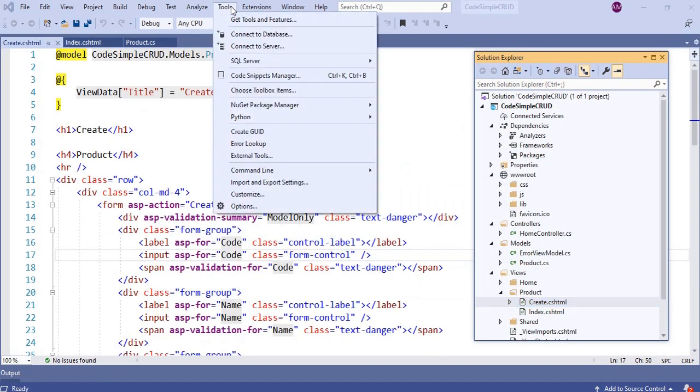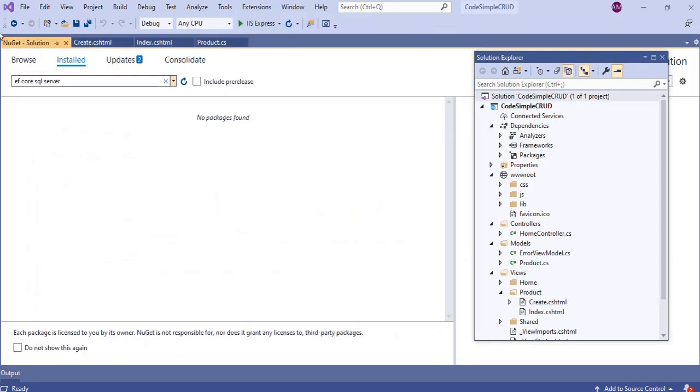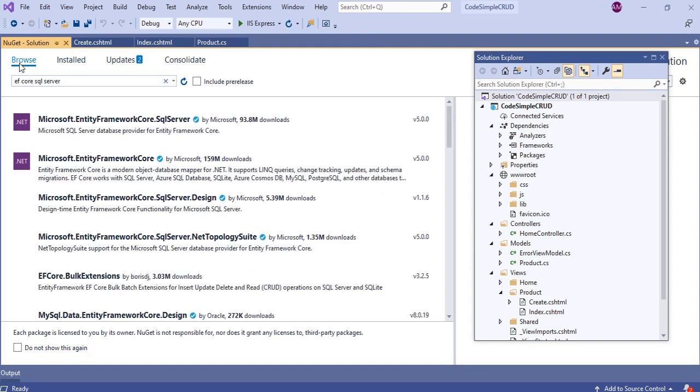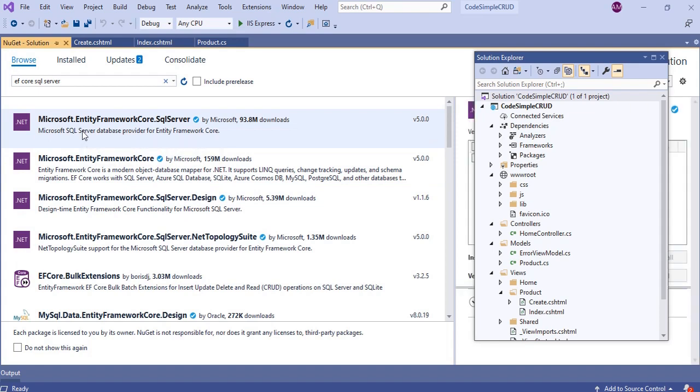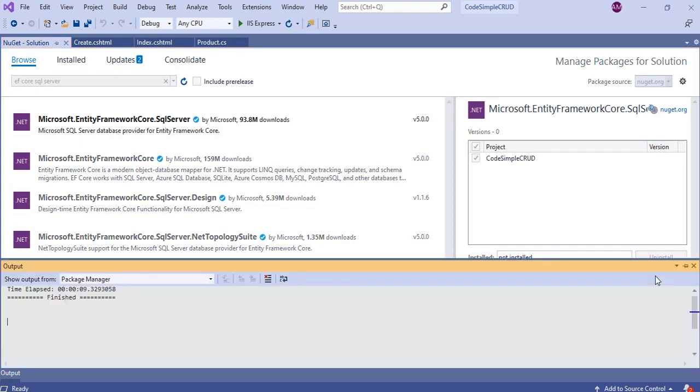Now we need to install the Entity Framework Core for SQL Server. So go to NuGet Package Manager, click Manage NuGet Packages for Solution. Enter EF Core SQL Server in the search box and click Browse. Select Microsoft.EntityFrameworkCore.SqlServer from the search results and select the CodeSimpleCRUD project and click Install.